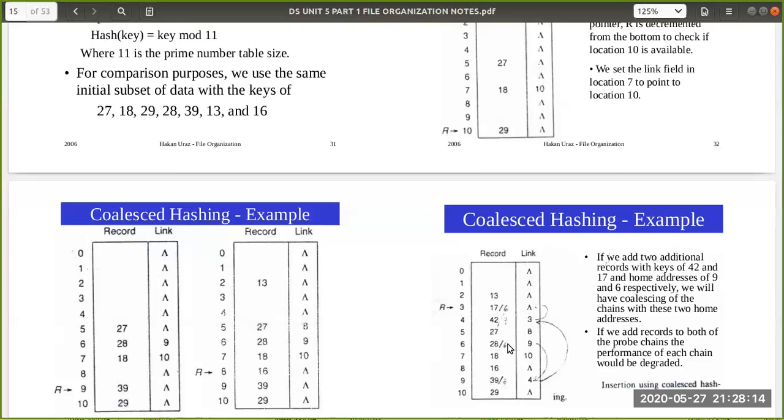So 17, not 17 first, sorry. Later we need to insert. Here it directly shows that 28 and 39 have home address 6. That's why it is showing 6 by 6, whereas this is one chaining. Whereas I want to insert